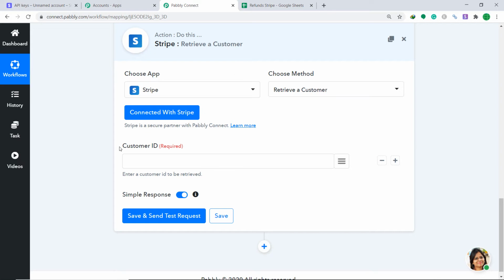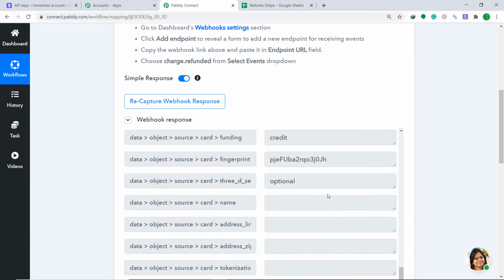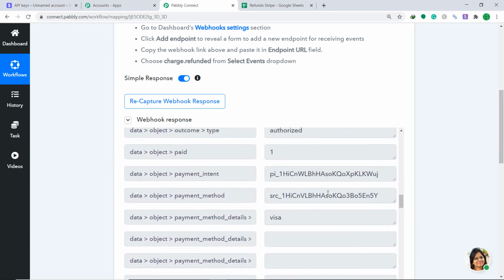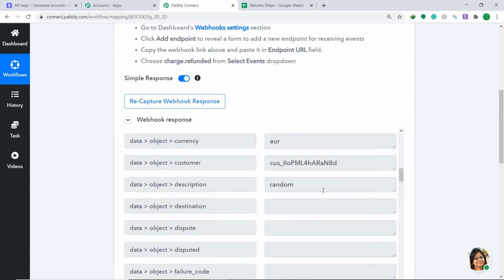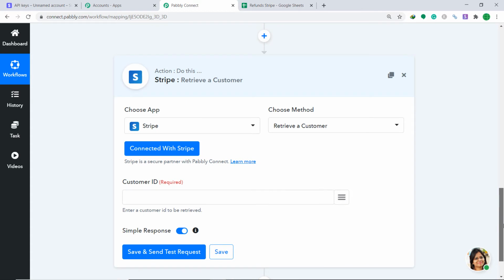Here we are going to map in the customer ID. So you're going to ask where I'm going to get the customer ID. We actually have the customer ID. It's actually an address. Let me show you the address. Scroll up. Let me show you the customer ID. It's somewhere here. Yeah. Okay, so this is the customer ID. Data object customer. So all the data has been stored in this address. All the customer related information like email, the name, all of it is present in this address. So we just want to expand this.